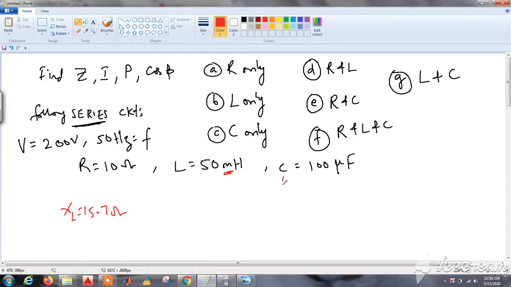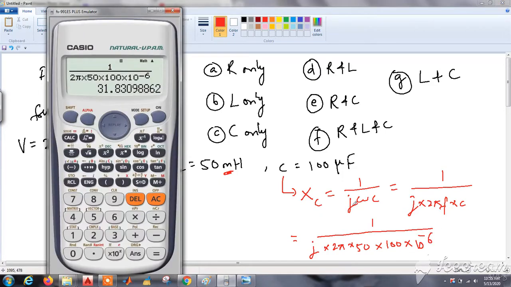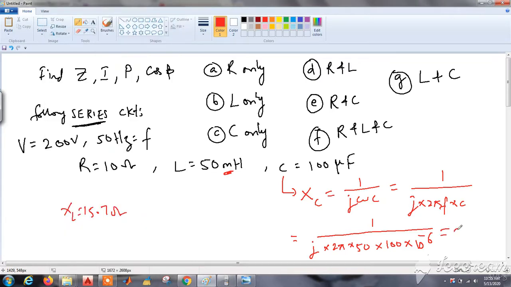Similarly for C, let us solve for XC, that is capacitive reactance, and it is given by 1 by j omega C. So it will be 1 by omega, where omega is 2 pi f as we know, into C. So 1 by 2 pi 50 into 100 microfarad. Micro means 10 power minus 6. Let us calculate. It is coming out to be 31.83